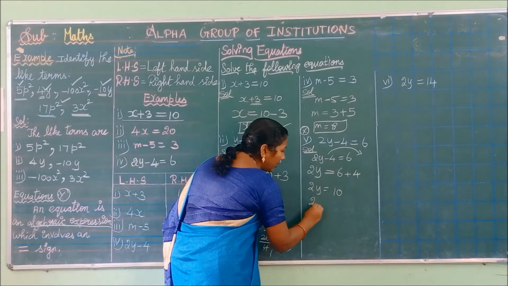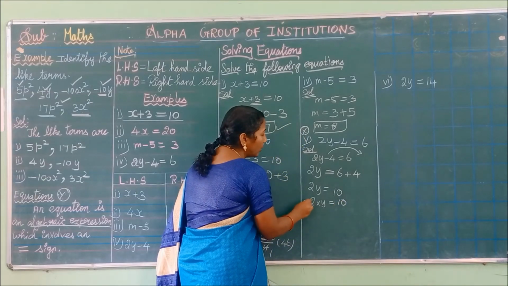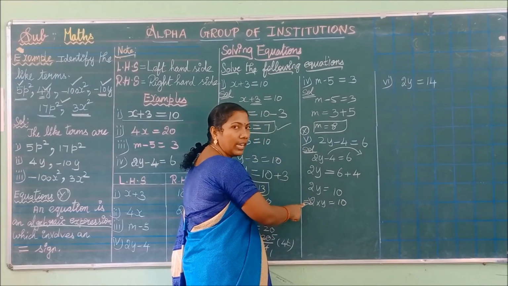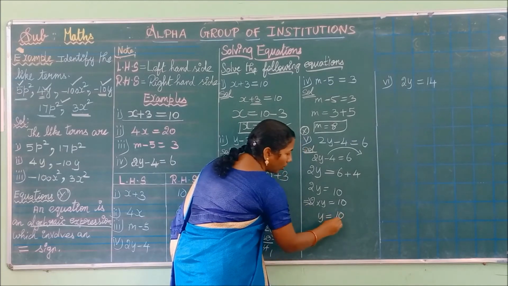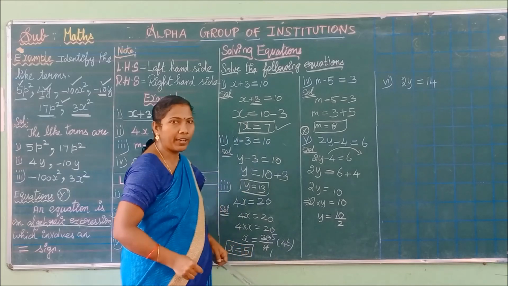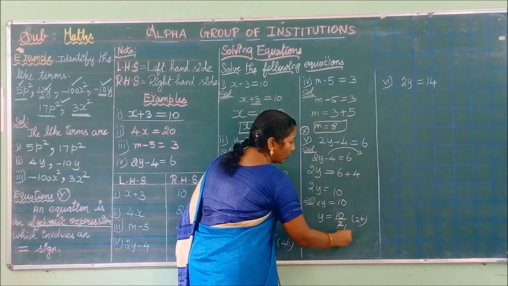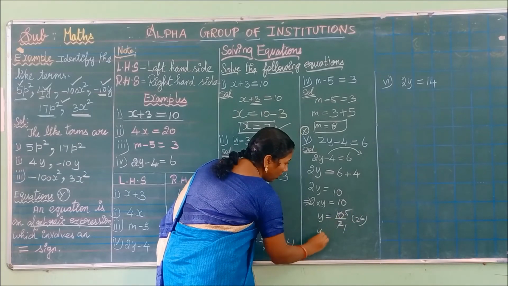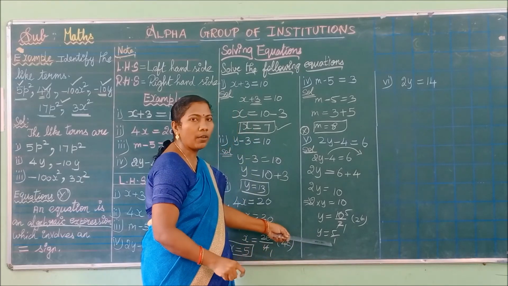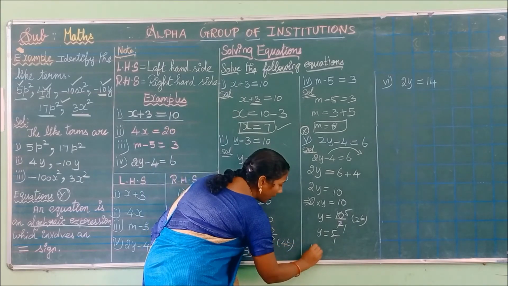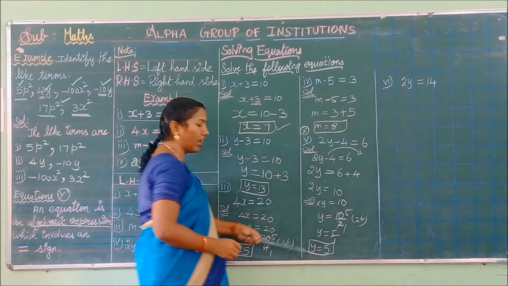Now we can rewrite the question as 2 into y equal to 10. You can also leave this step. This is for your understanding. I am writing this step. You can also straightly write like this: y equal to 10 by 2. Do you understand? Now we are using the 2 table to cancel it. So 1 2 is 2, 5 2s are 10. So your answer is 5 by 1. If any denominator is 1, we have to leave the denominator and write the numerator alone. So y equal to 5, thus our answer is 5.